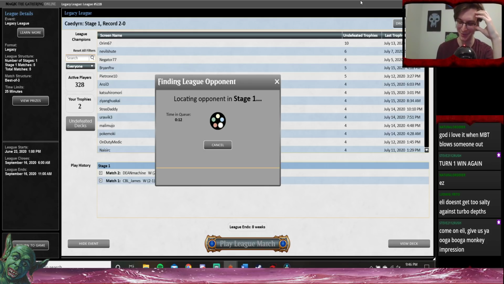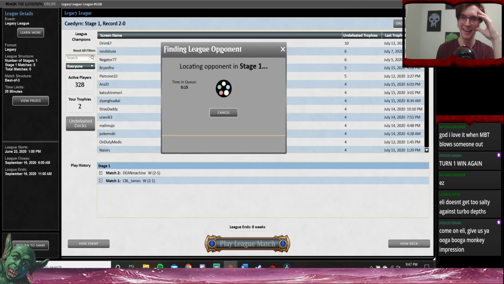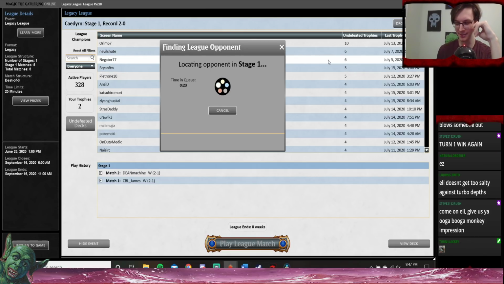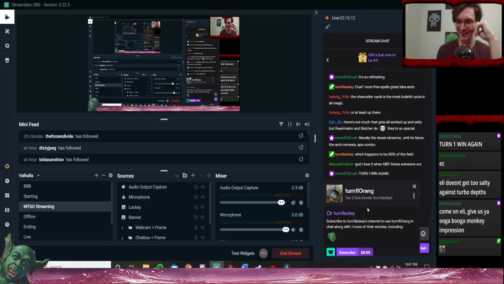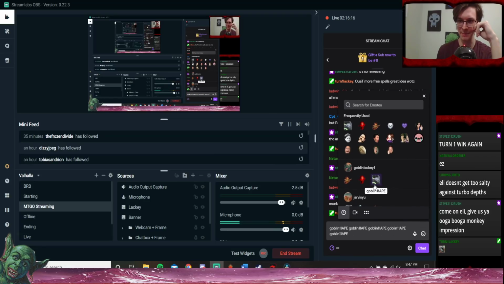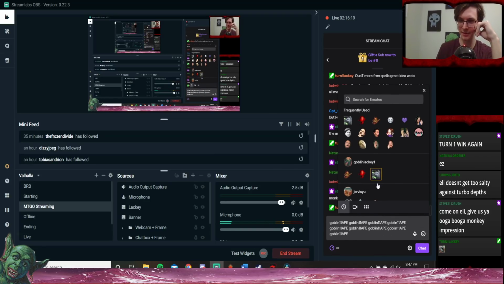Give us an Ooga Booga monkey impression. I don't have a dedicated Ooga Booga impression. No high tier monkeys. So yeah, JPR's got a great emote. My ape emote is also good, but